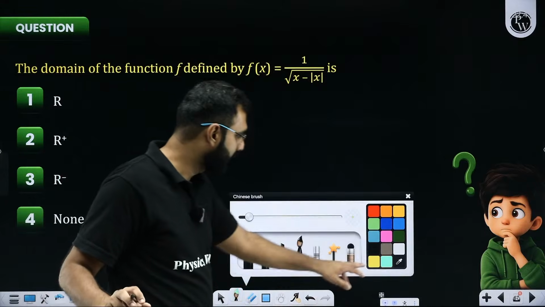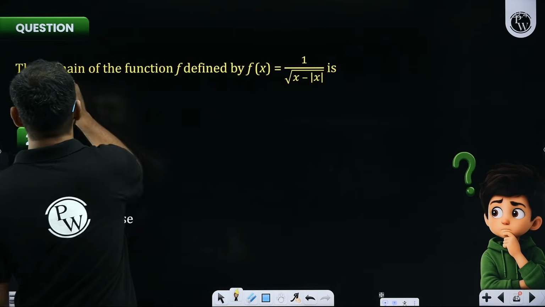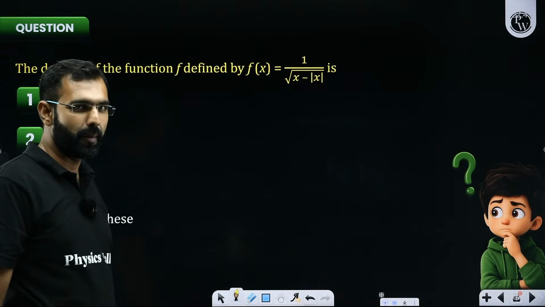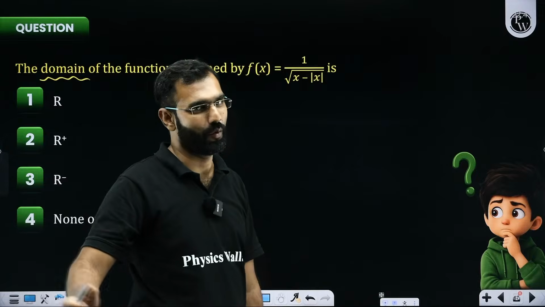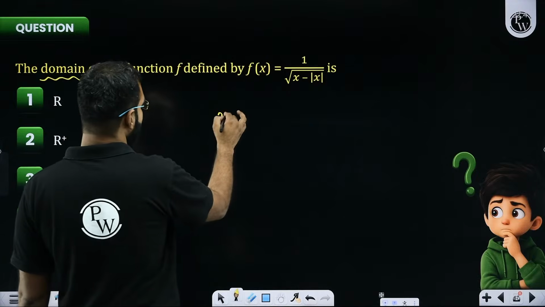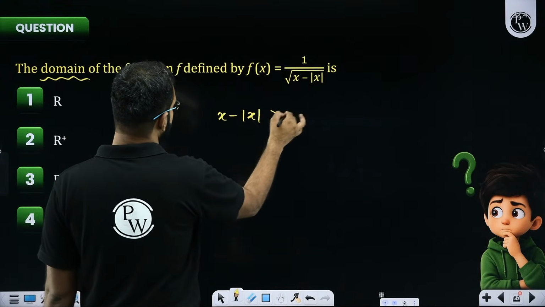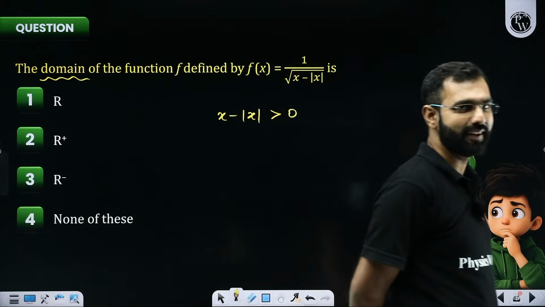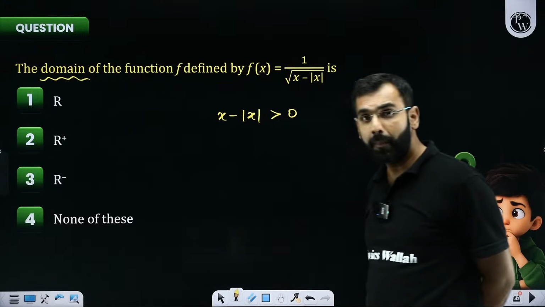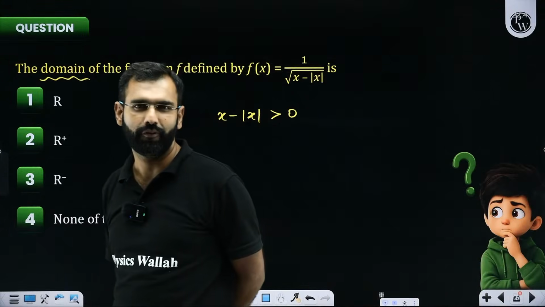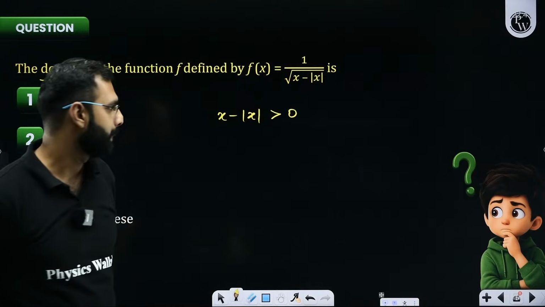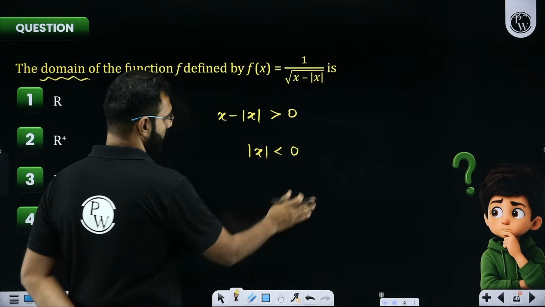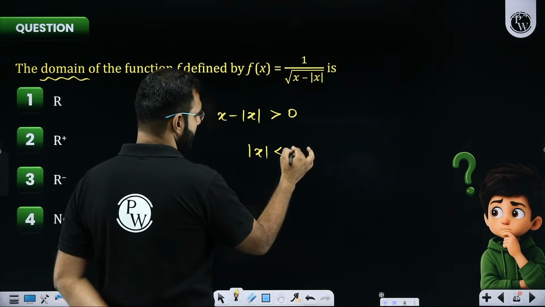With this part, again, I'm asking you a very simple question. Can you help me with the domain of this function? So if this function has something in the denominator, that too inside the under root sign, what do we want? We want only one thing: that thing inside the under root sign has to be positive. Why positive? Why not equal to 0? Because if it becomes equal to 0, the denominator will be 0, and we cannot afford to keep the denominator 0. Yes or no, everyone? This, when simplified further, tells us that mod x should be less than x.